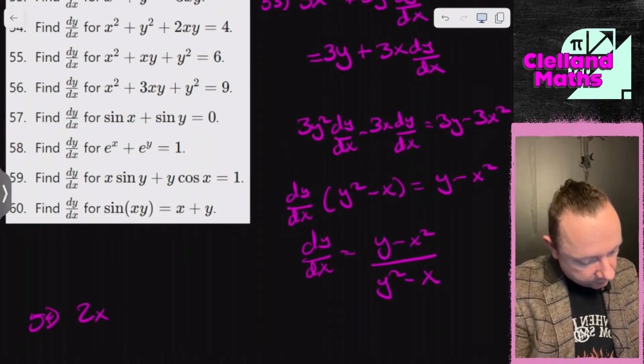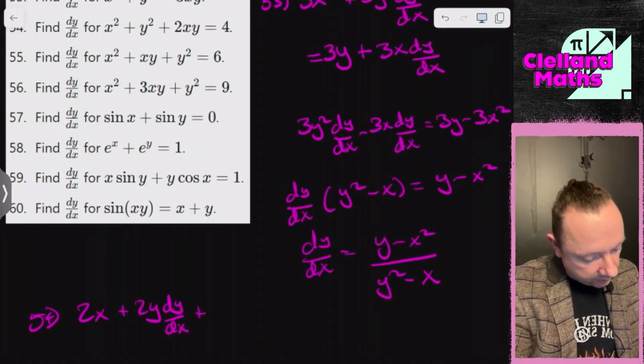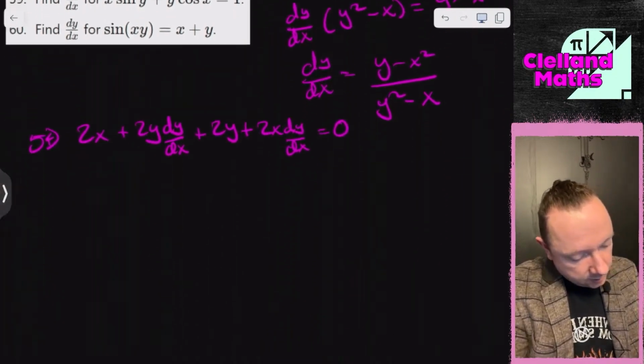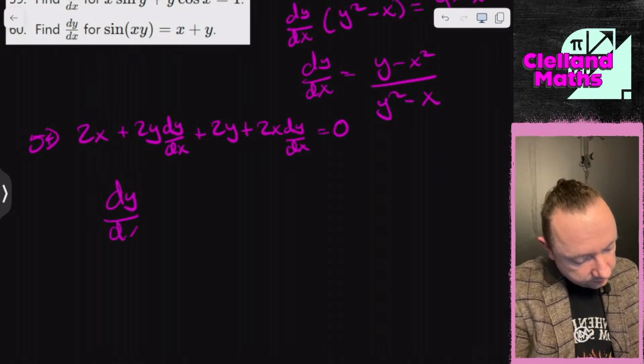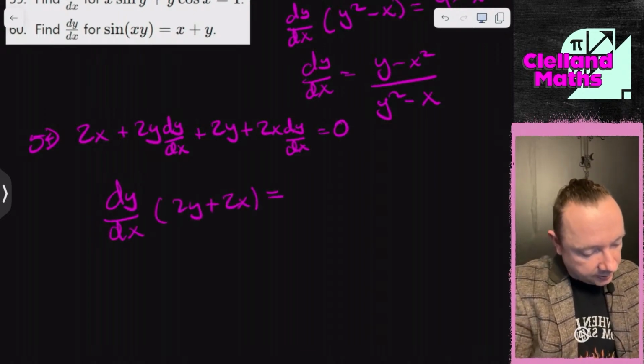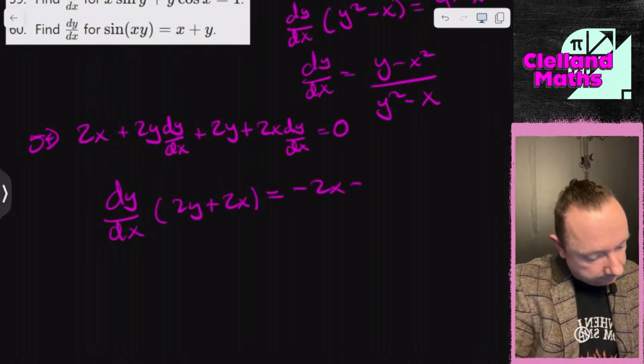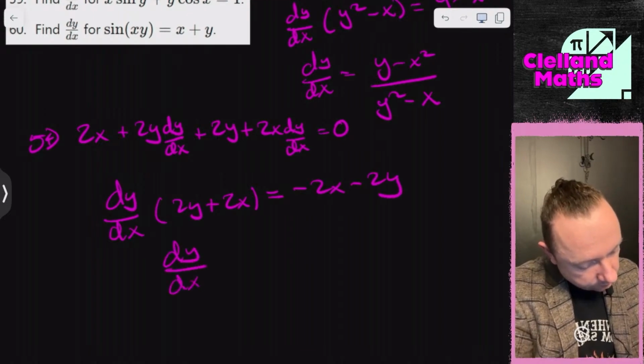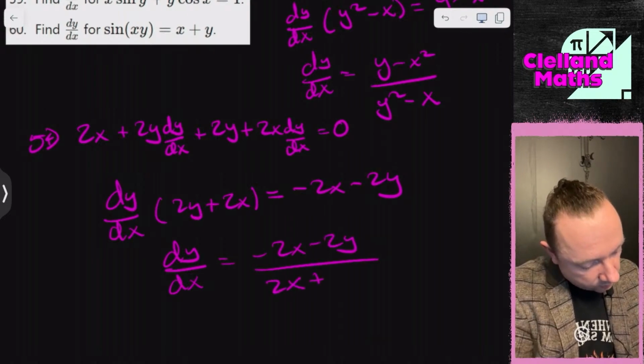X squared becomes 2x, y squared becomes 2y dy by dx. Now we've got 2xy, so that's v u dash, 2y plus u v dash, dy by dx, equals 0, because 4 becomes nothing. The dy by dx is the common factor: 2y plus 2x, and then the stuff that's not got y's and x's in it, minus 2x minus 2y,